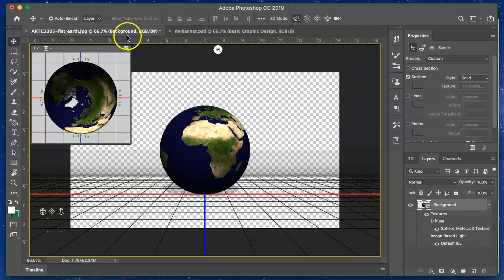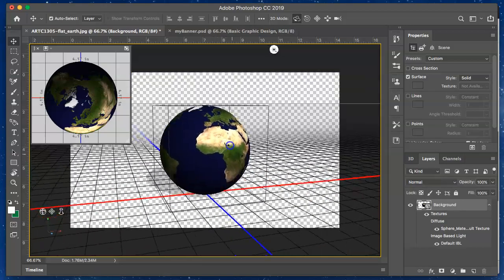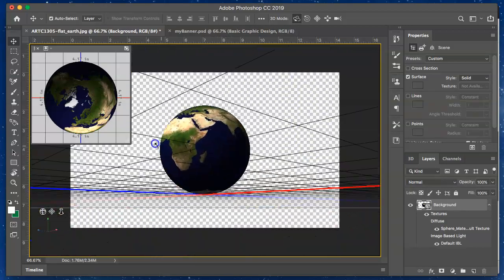Switch back onto my layer, or rather my tab on top, to see my Earth representation. My cursor, you'll notice it's over here in the top right of the document. It's changed from an arrow to something else. It looks like a planet with an orbit path of some sort. And what that means is that if I click, hold down my mouse button and drag to many sides, I